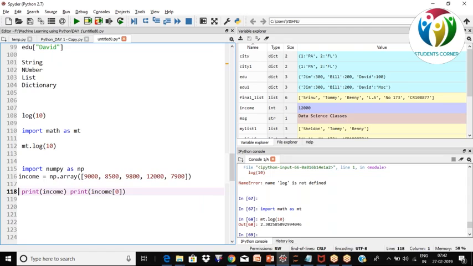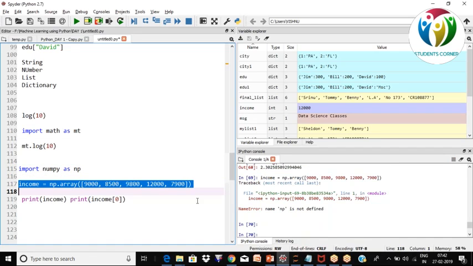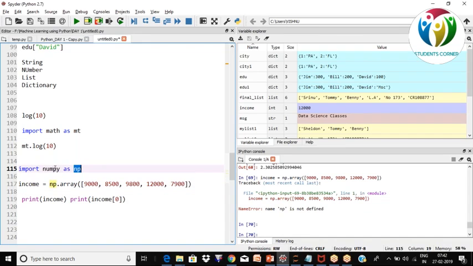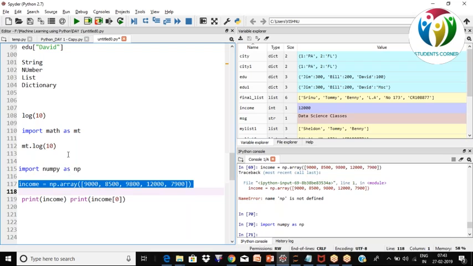Try this out. First, import this NumPy package. Before importing, if you try to use this, it says np is not defined. What is np? np is this package, and the actual package name is NumPy. So first import this, then do this,